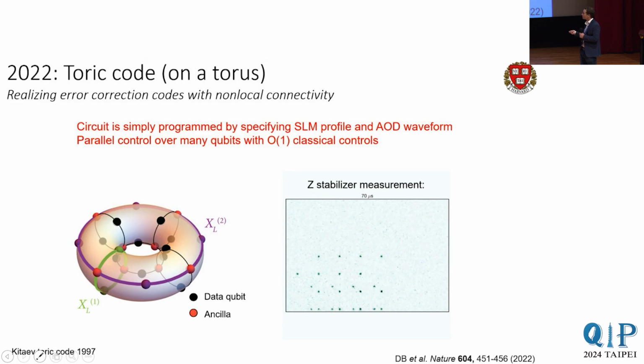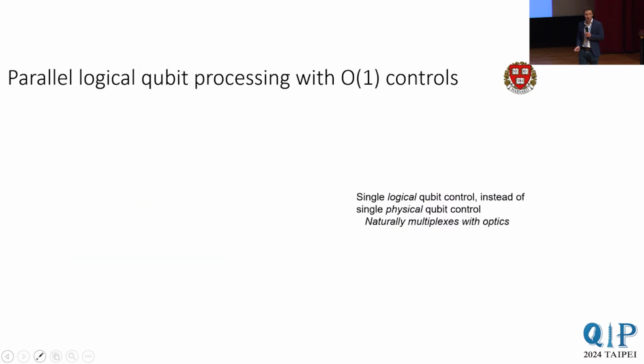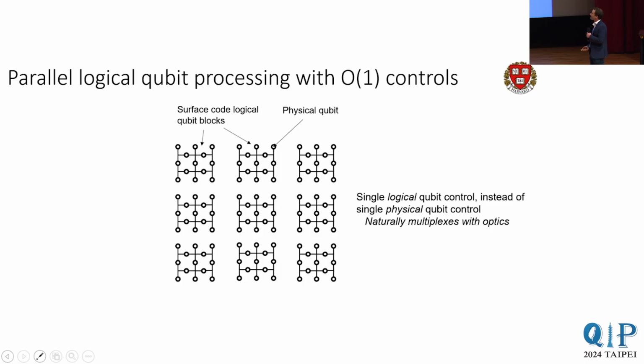And what this now allows us to do, these simple motion tools, give us parallel control over many qubits with just order of 1 classical controls. And in particular, for quantum error correction, this is really powerful. Because now, if we're going to start building error-corrected quantum devices and switching to doing logical algorithms, then imagine you had, for example, an array of surface codes and you want to do error-corrected quantum processing. If you want to do a single logical qubit gate, what you don't necessarily have to do is a unique operation on each individual physical qubit of the block.